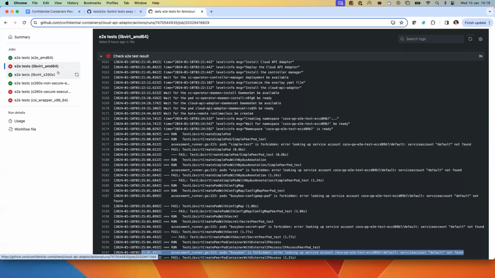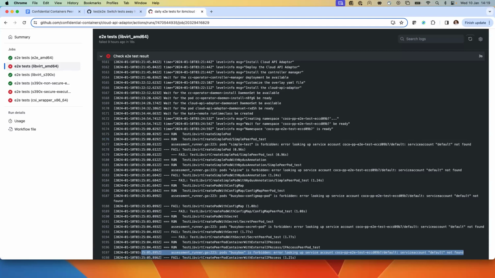With the IBM Cloud tests, we're actually testing libvirt as well, because we test for S390X and AMD64. In theory, the AMD64 should be the same as the ones hosted on open source, but you can see the S390X passed and the AMD64 didn't. So this is where I'm a bit confused. How is it happening? This is the second time I've seen it now. That's why I was more worried about it and trying to reproduce it again today.